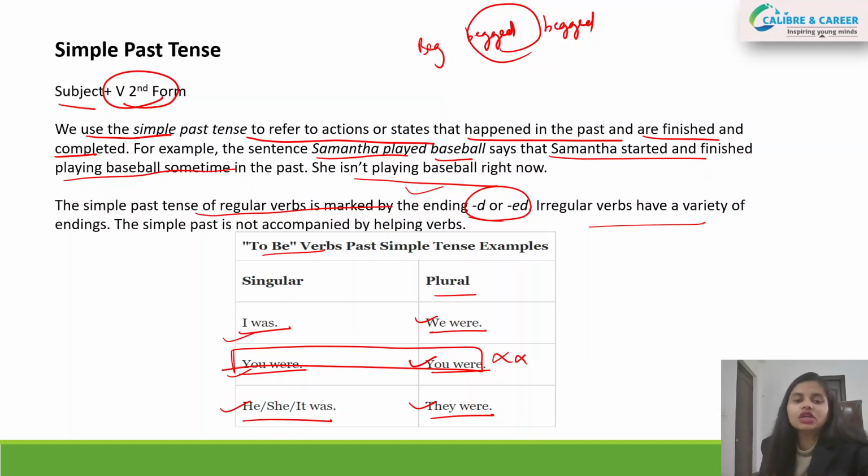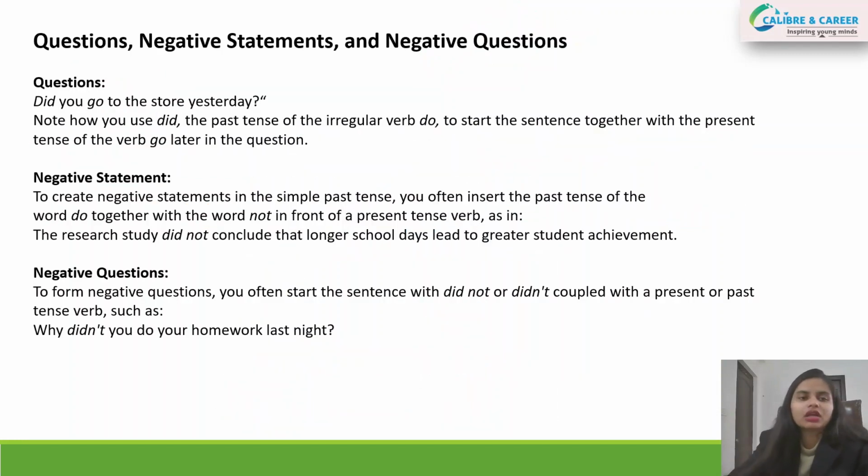With respect to your singular and with respect to your plural, "were" will come with "you" only. You won't use "you was"; "you were" will only come. Okay. Now, talking about how you will write the simple past tense in your three sentence forms,